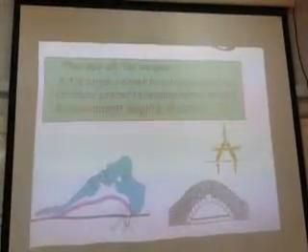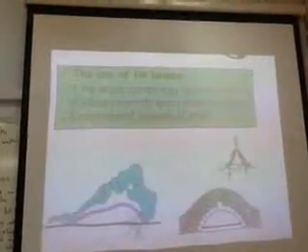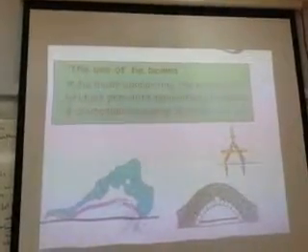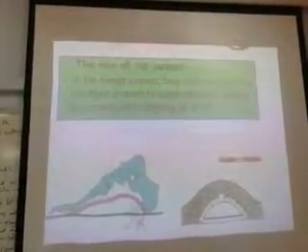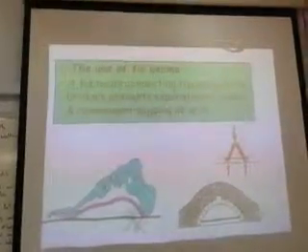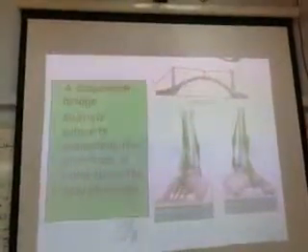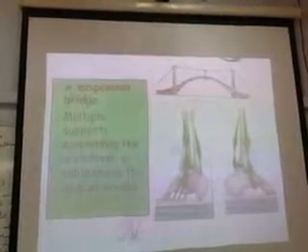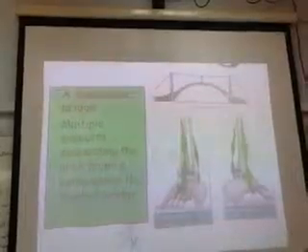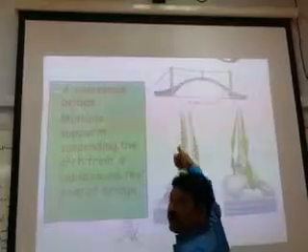The use of tie beams. The tie beam connects the ends of the bridge and prevents the separation of the pillars and constant sagging of the arch, isn't it? And in the suspension bridge, multiple supports suspend the arch from the cable above. Similarly, here it is by the tendons to suspend the bridge.